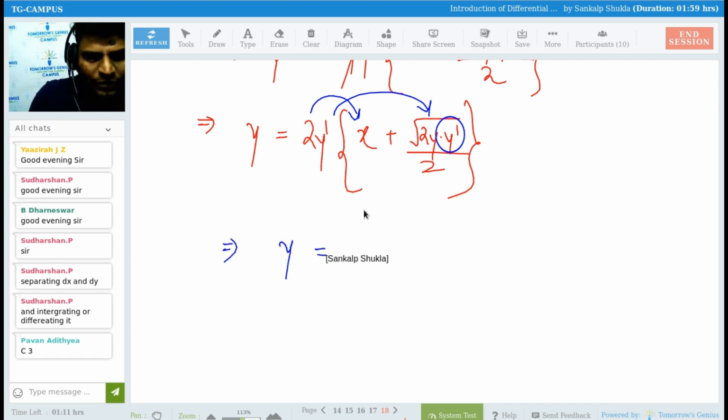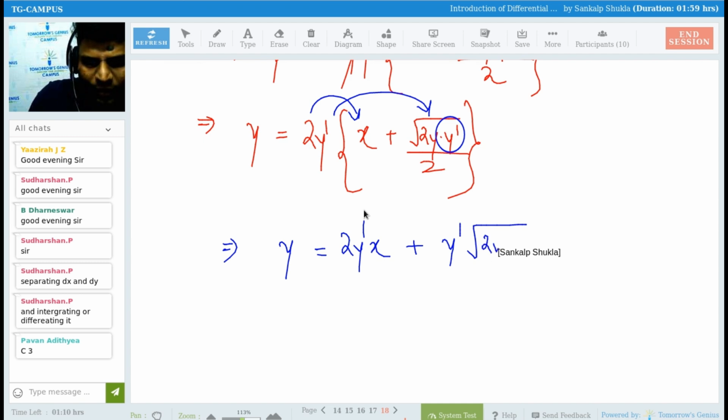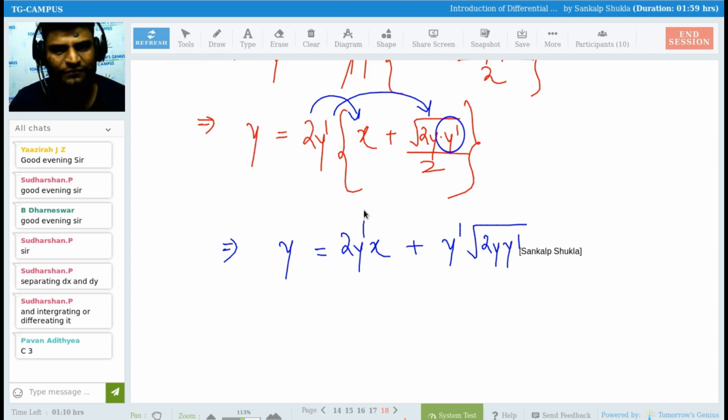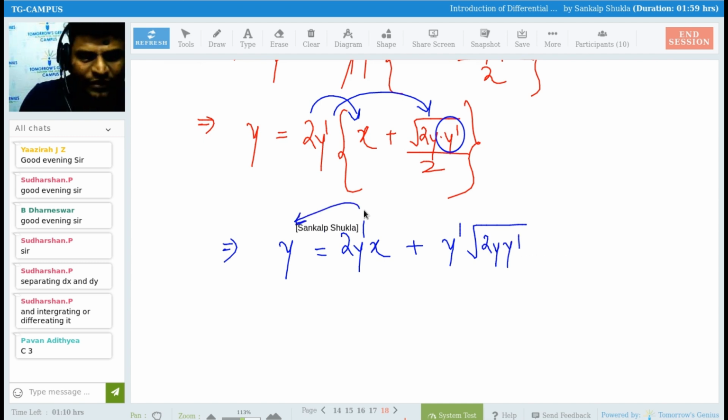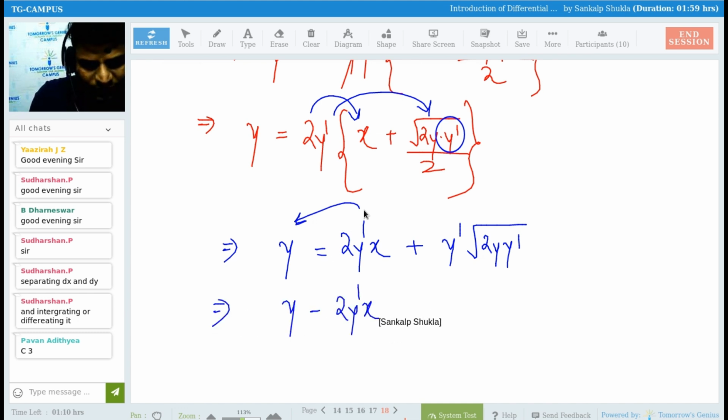So y is equal to 2y dash x plus y dash into 2y y dash. Alright. Now you can bring this term over here. So this will become y minus 2y dash x. It is y dash into